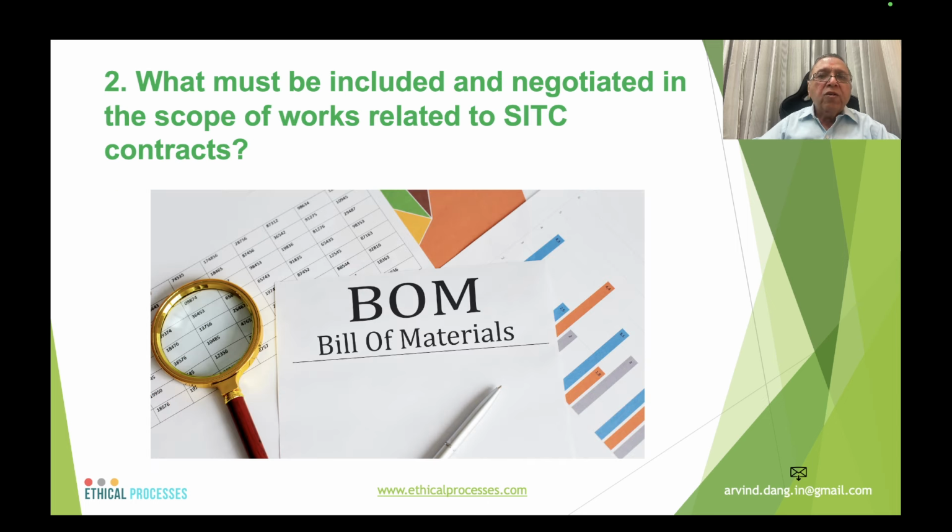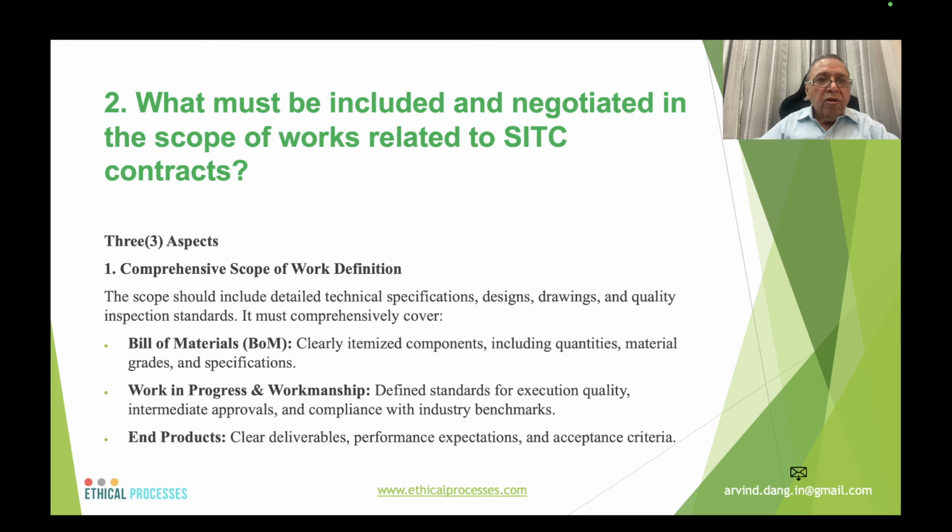Now, what must be included in the negotiation in the scope of works related to the SITC contracts? The first one is detailed bill of material. Now, there are three aspects which are very important. The one being the comprehensive scope of work definition, which includes detailed technical specifications, design, drawings, and quality inspection standards, and these must be comprehensive to include the bill of materials